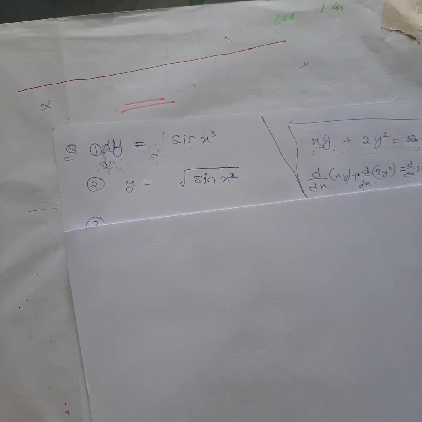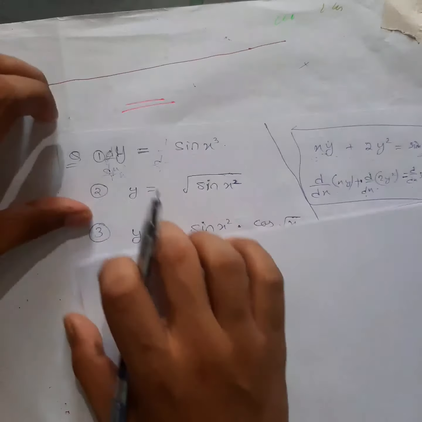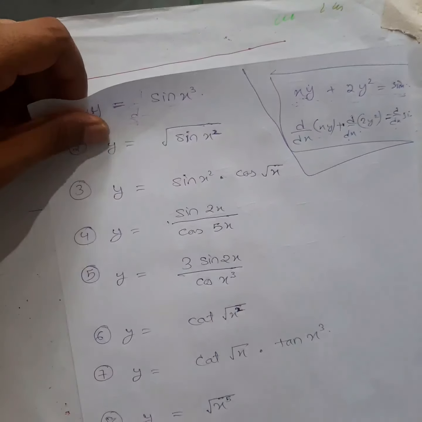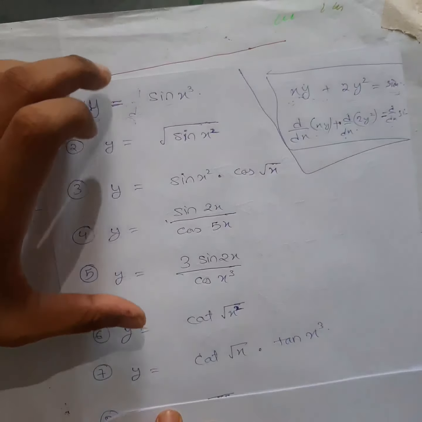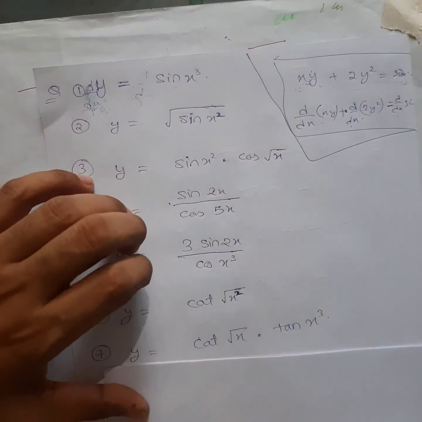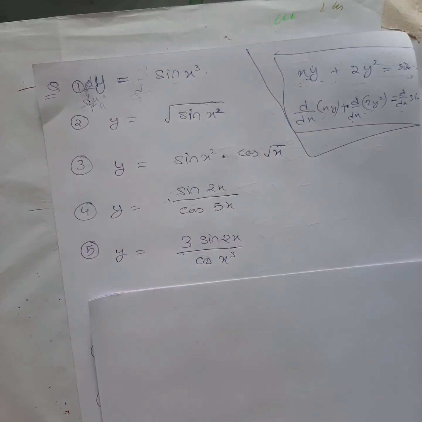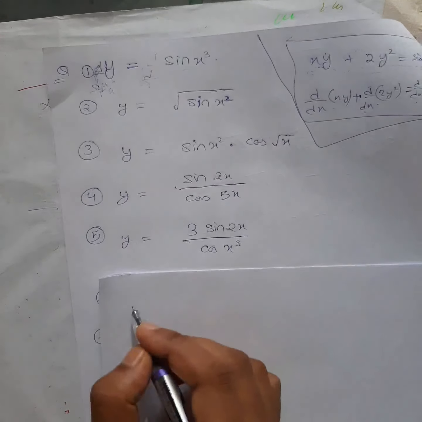Okay, students, today I will show you the questions which I asked you to do yesterday, right? I hope you have tried them, and if you haven't got the answer, you can verify it today from my answers, okay? One more thing, from exercise 5.2, question number 7. Yesterday I took it to be cos, but it was actually cot. So I will show you that question also, question number 7.